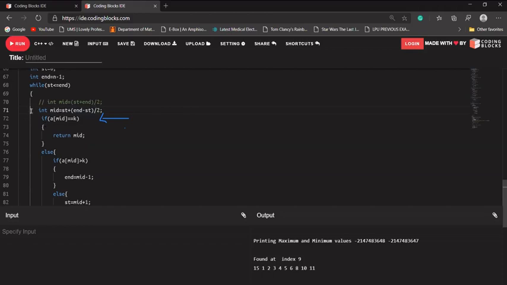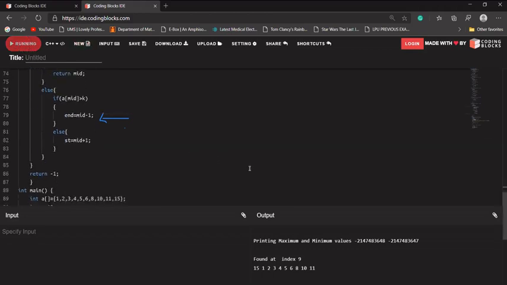Is that clear with everyone? I have written this. Rohit, you have written that expression right, but in place of 1, you should be writing start. Let's run our function again.